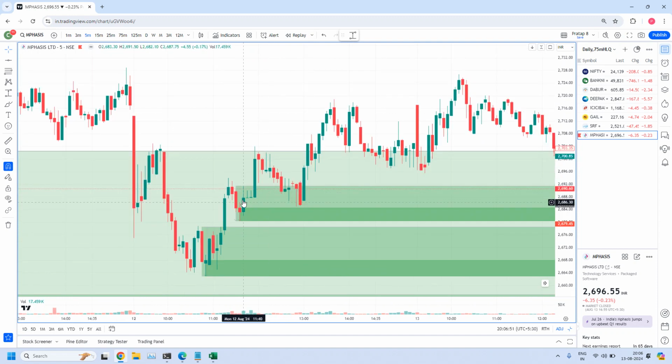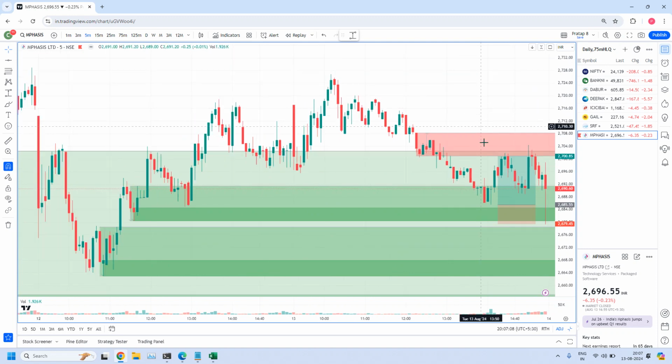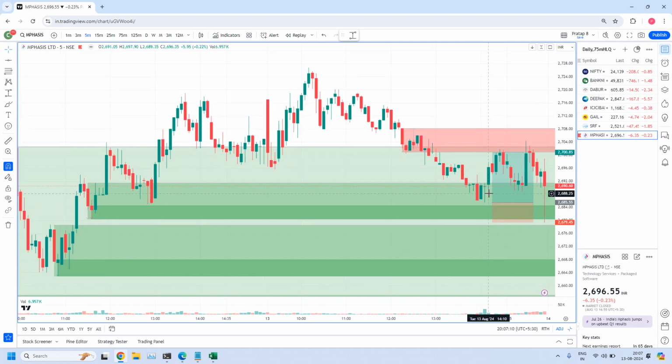But in this one, we have a drop base rally. Orders came to a very fine-tuned area, fine-tuned or type 2 proximal. This is type 2 proximal. Type 2 proximal is not tested, but rejections happened from this zone. So definitely you can plan a trade. But the problem is, today prices came very near to this zone. If you would have added some entry buffer, your trade would have been executed.